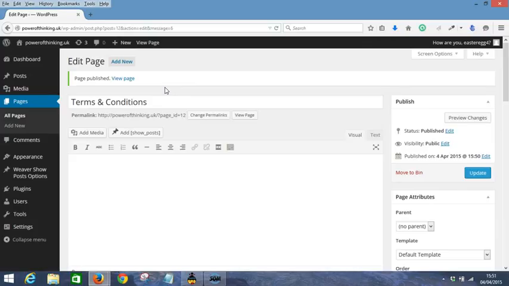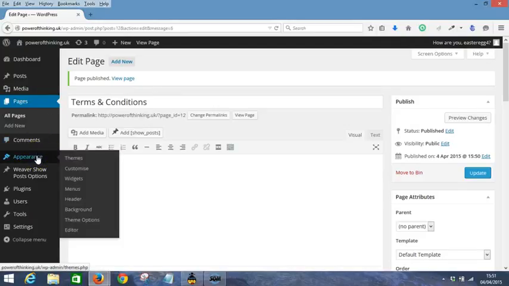Okay, so those are your main legal pages, which are going to be on our footer menu, because they're not going to be on our main menu. These are things that you need to have on your website legally, so we don't really want them to stand out that much, but we still want them to be on there. So when we want to do our menus, we go into appearance, and we've got a thing here for menus. So if we click on menus,